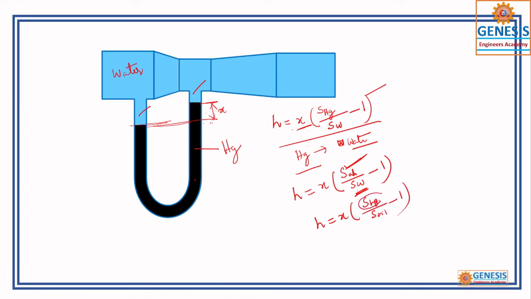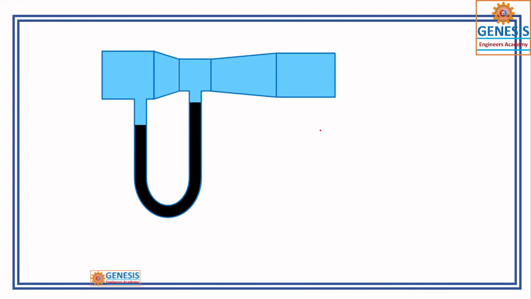Okay, so the numerator is the manometer fluid. We can call that the manometer fluid. That is the fluid in the manometer, and this is the fluid flowing through the pipe. That is the thing. I think you got my point. So this is a differential U-tube manometer, and I will also explain with an example.